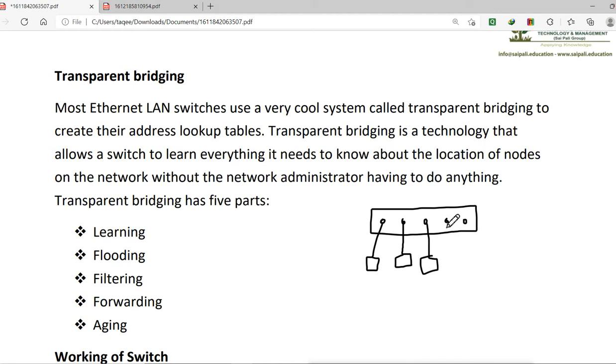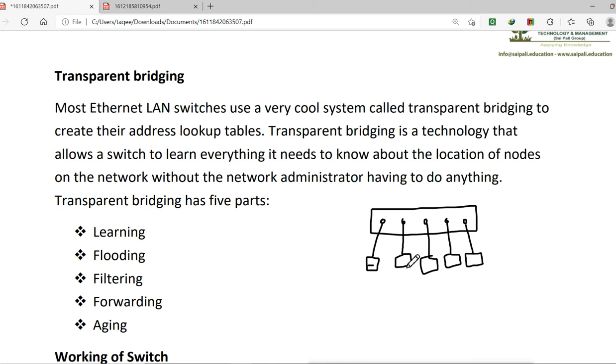Now the switch will forward the data to each other, like these machines will send the data to each other by using the switch. But the interesting thing is that these devices don't know that there is a switch between them. Remember, these devices don't know that they are connected to a switch. And that is why it is called transparent bridging.